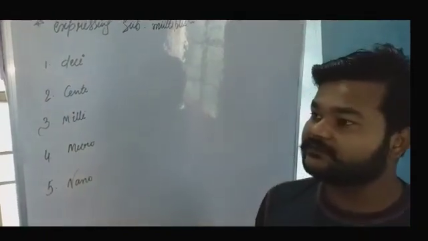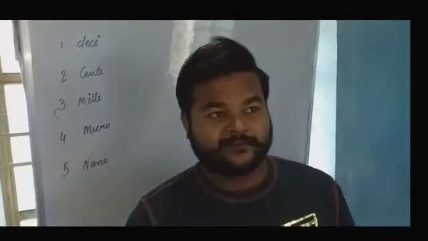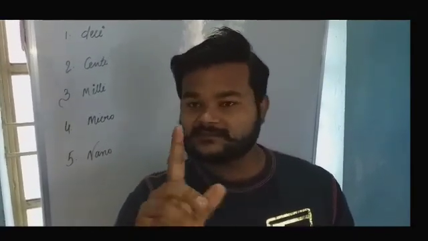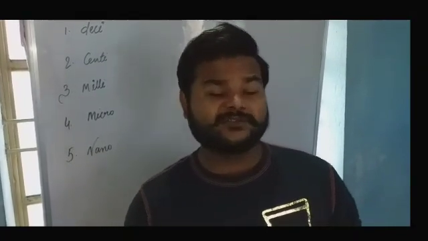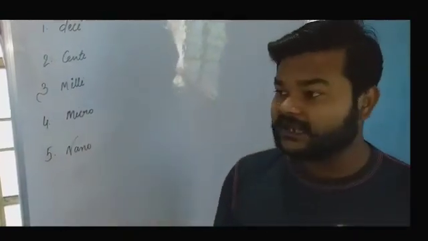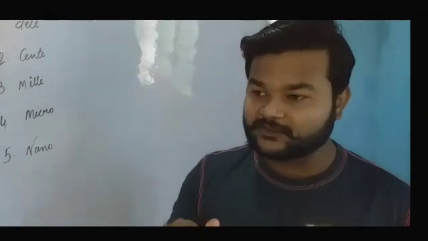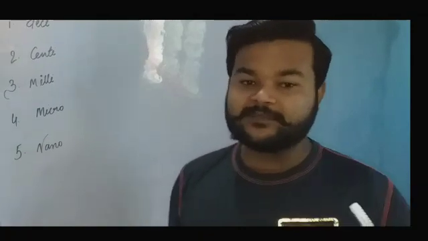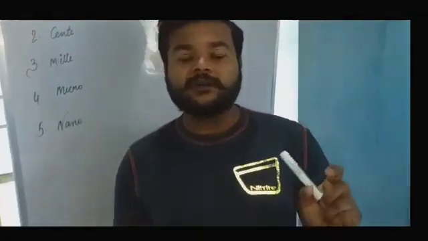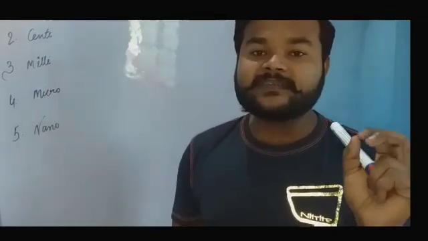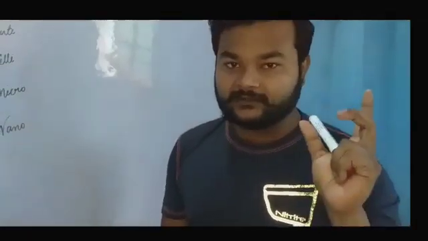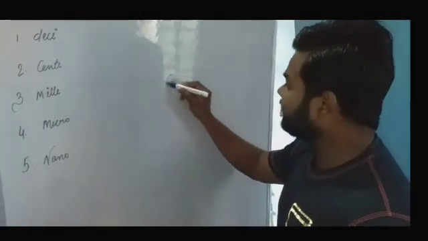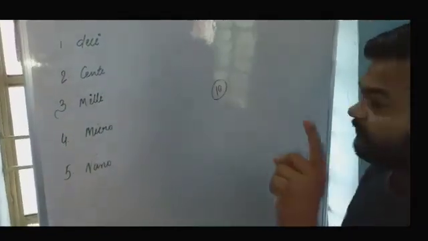We express the unit with the help of prefix. Prefix are divided into two parts, such as multiples and submultiples. Multiples is used as the larger unit and submultiples are used as the smaller units. The multiples and submultiples depend upon the factor of 10. Factor of 10 means we write in the form of 10, only 10. Understand? It means the factor of 10.